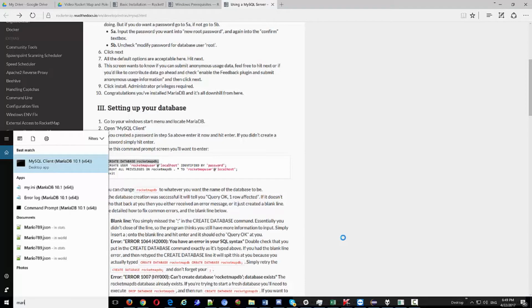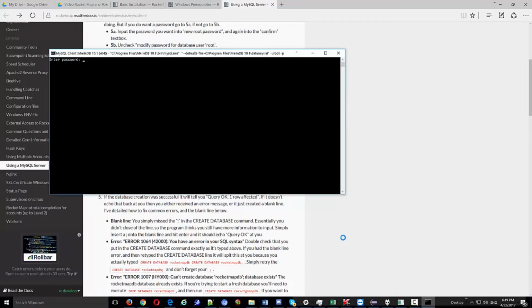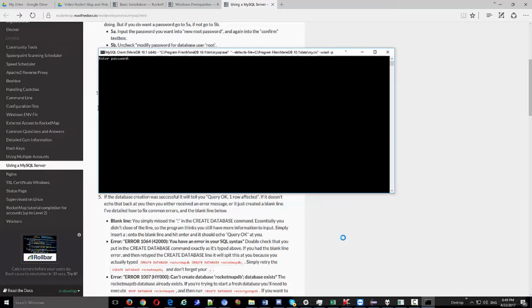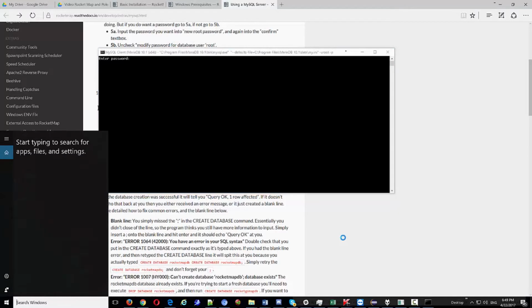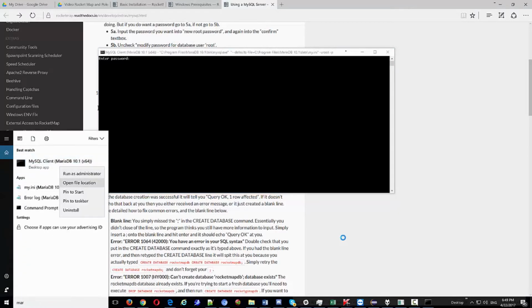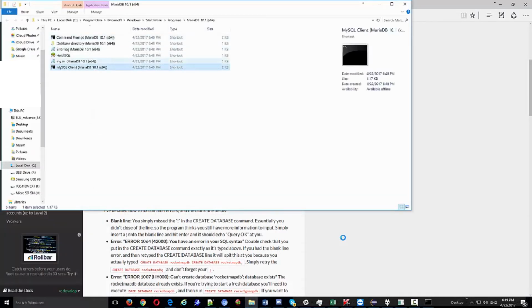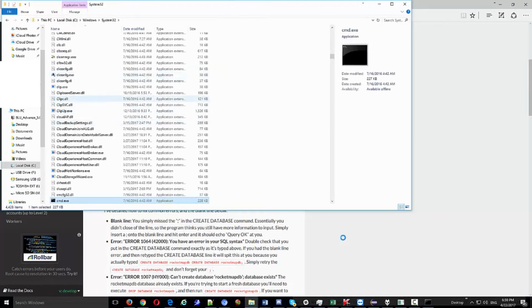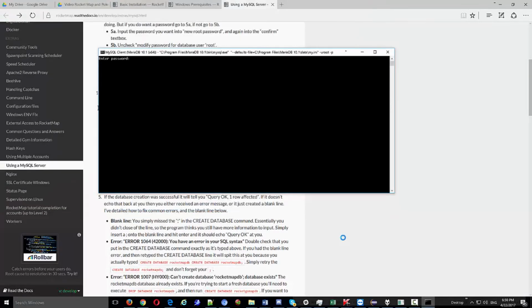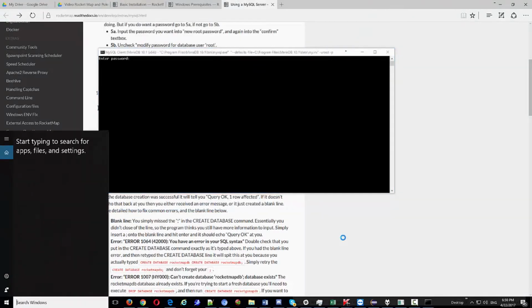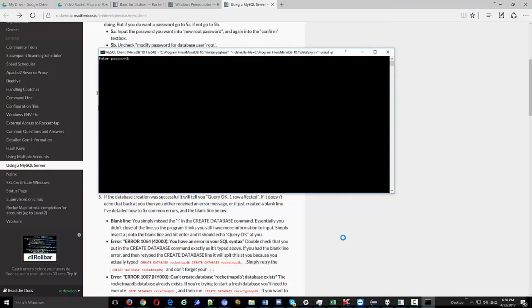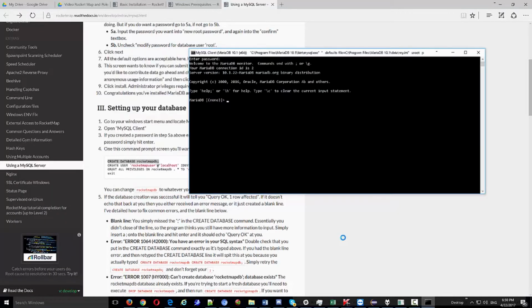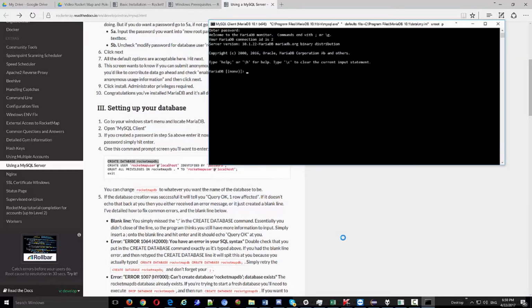I think you can just search it up on Windows, but if not, let me just see where it actually is located real quick. So if you can't search it up, then you can, yes. So actually you do have to search it up in the Windows search bar. So now you just want to skip the password because you don't need to do that. If you put no password,